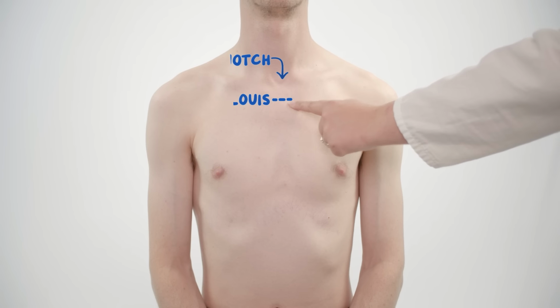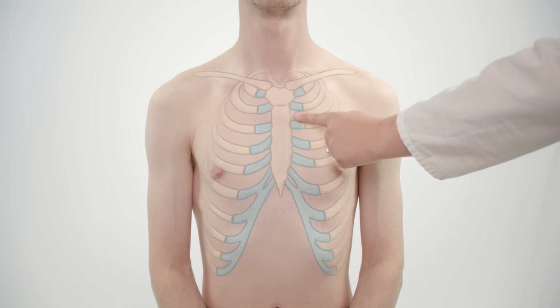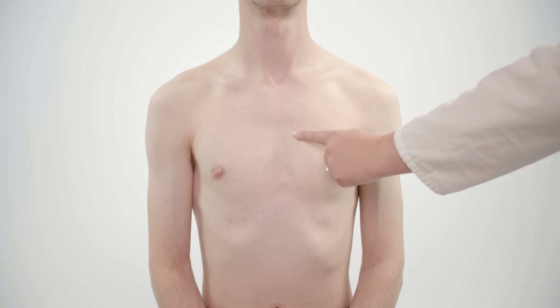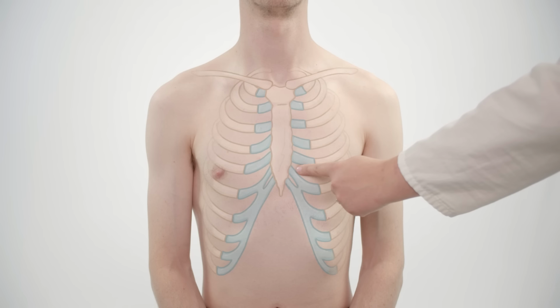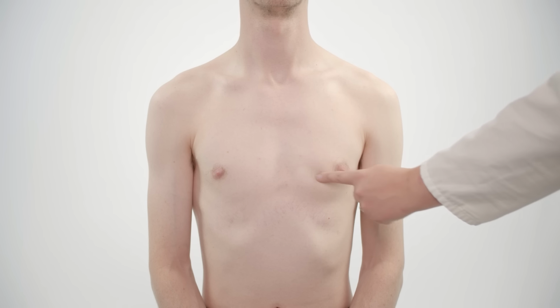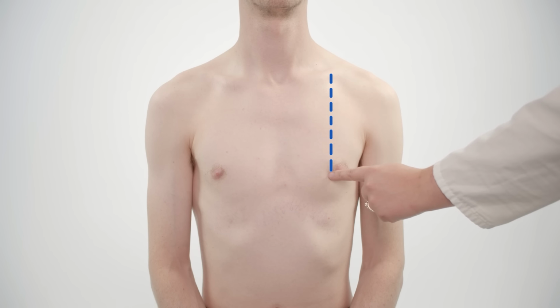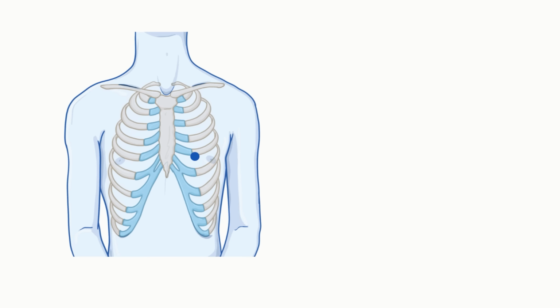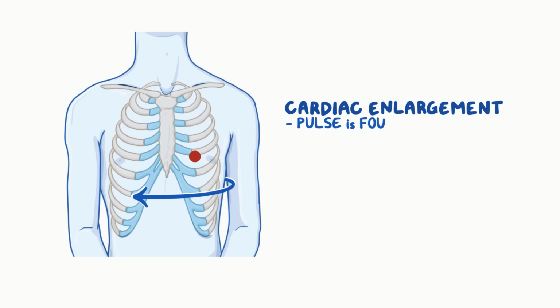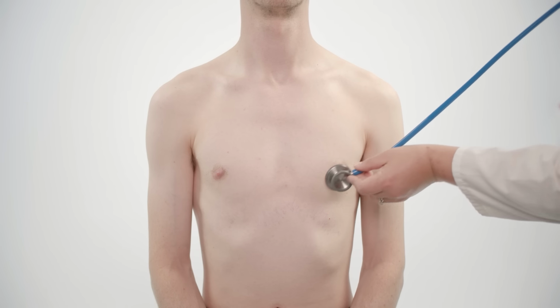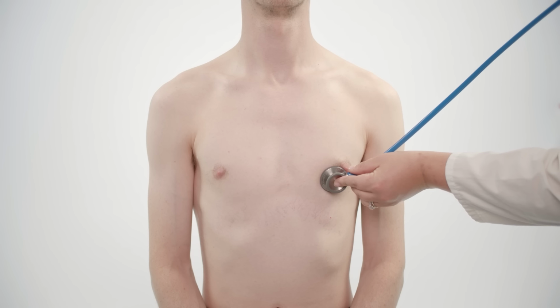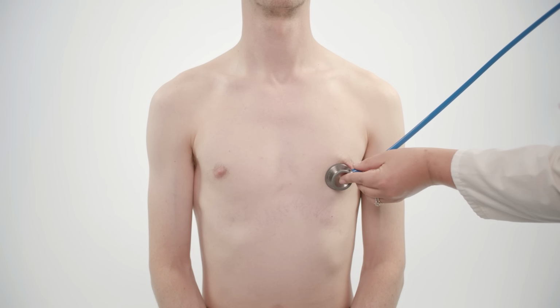Move your fingers down each side of the angle to find the second intercostal space. Then, move your fingers down the left side of the sternum to the 5th intercostal space, and move laterally to the left midclavicular line. You may find it easier to identify the apical pulse by rolling Fred partway to the left. In cases of cardiac enlargement, the pulse is often found lower and further to the left. Place your stethoscope against Fred's apical impulse. When you can hear Fred's heart sounds, begin counting his heartbeat, same as before.